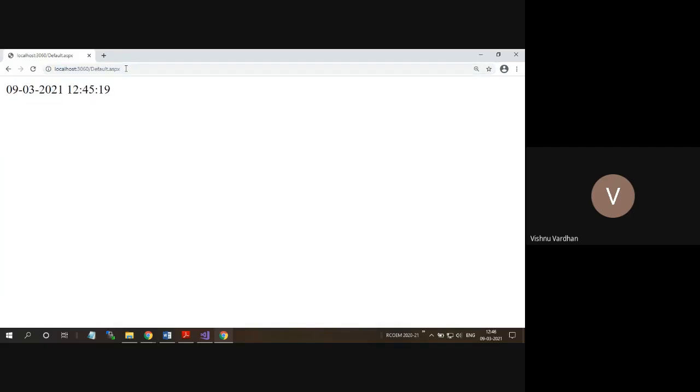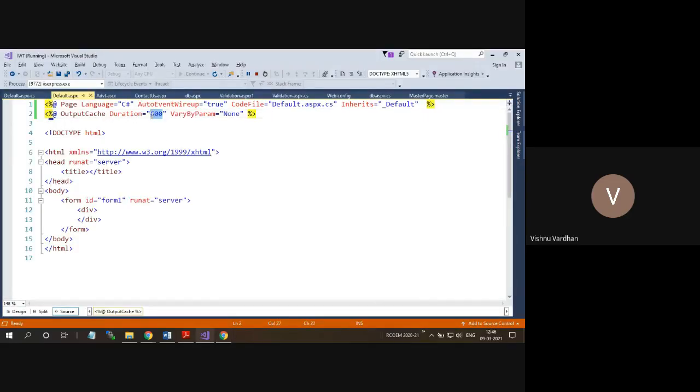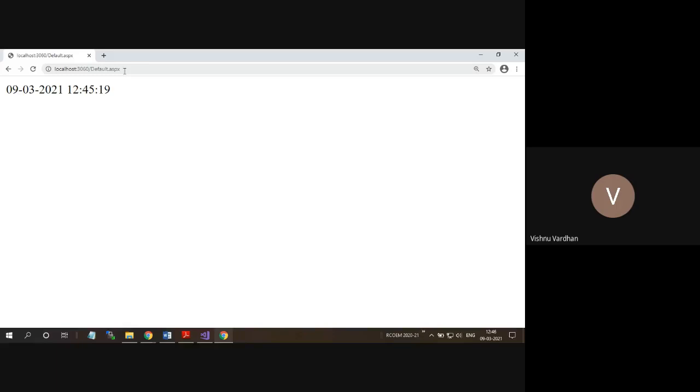Okay, so if I refresh, if I reload this page n number of times, it is going to show me the same output which was created some 600 seconds back. So the value depends on the programmer, for how much time the cache object should be maintained in the server. So what is the advantage? Because the 500 users' requests are not going to be processed by the web server. That means your web server is not at all working.